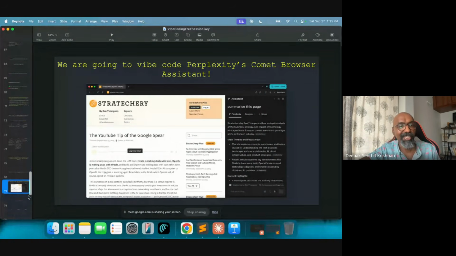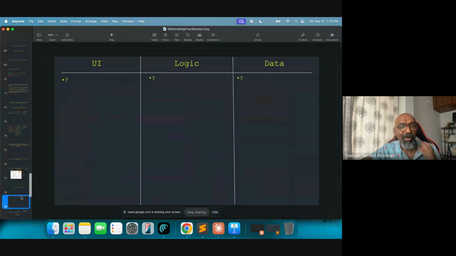And to build that, before we go into building, I'm going to again force you to go through the exercise of thinking through and telling me what are the UI components, the logic component, and the data component. The reason I'm asking you to go through this repeated practice is you're getting into the habit of thinking in components and understanding their functionality, because now